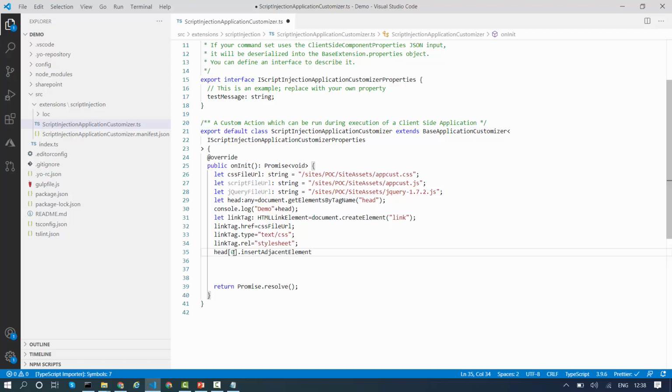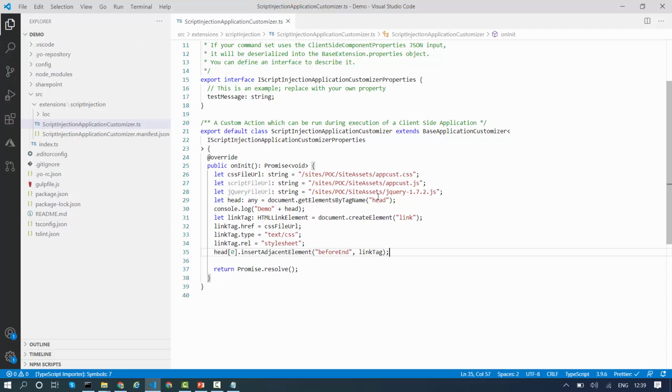Over here I have to say where to insert, like before my header tag ends, beforeend, and over here I will say linkTag. So I am done. So this is my code, how I can inject the script, how I can add the script in my SharePoint modern page.